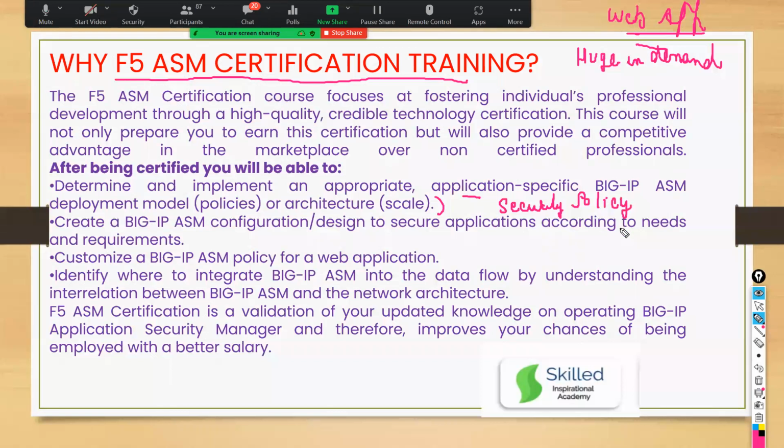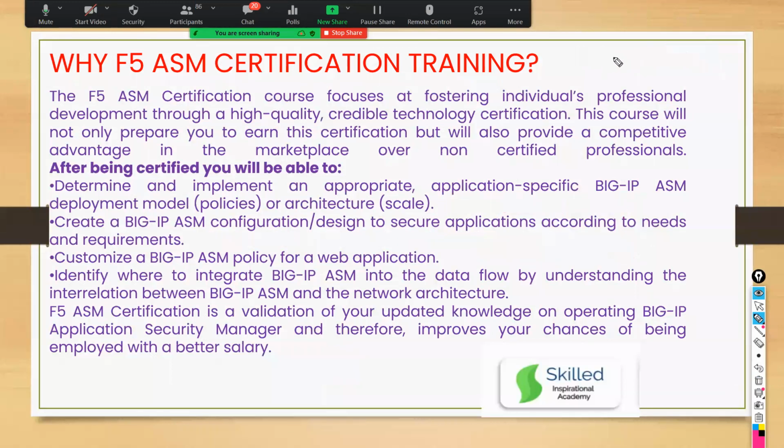Now, guys, after this course, you will understand how to secure your network and how to secure your application based on requirements. Let's say you have weak security in your organization and you don't know whether your organization is using weak security or good security. This course will help you. And once you clear the 101 and 201 exams, only then can you go for the 303 exam, which is called ASM.